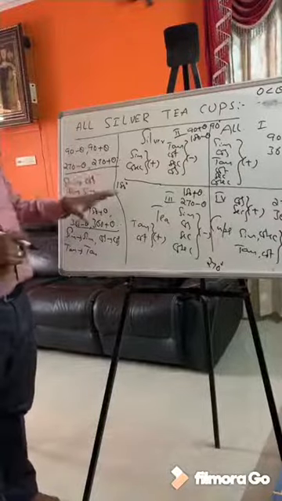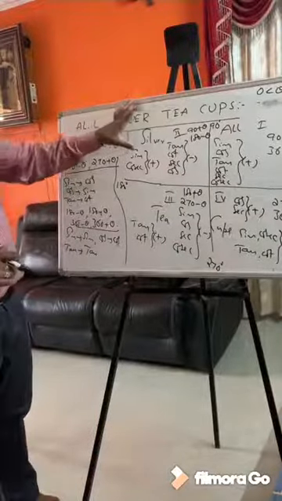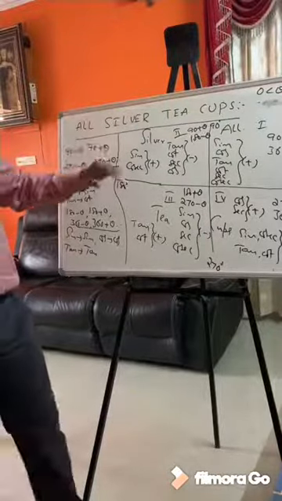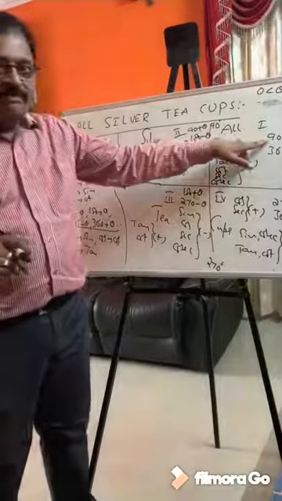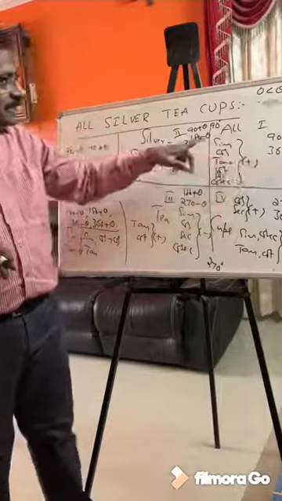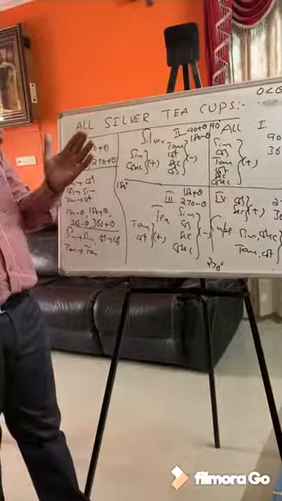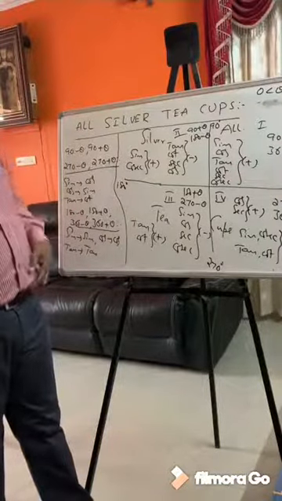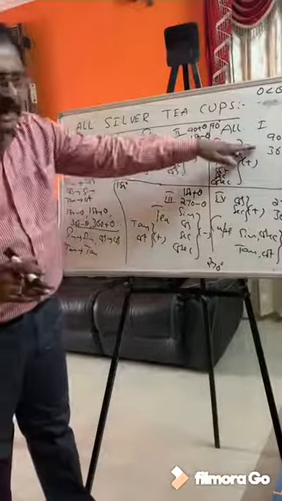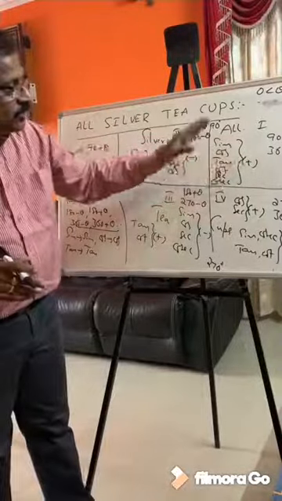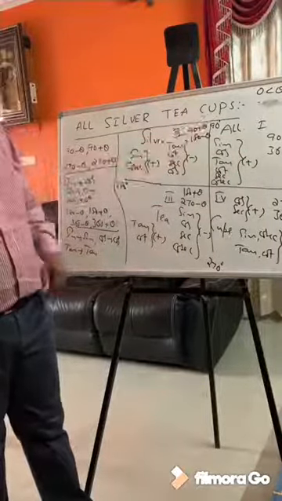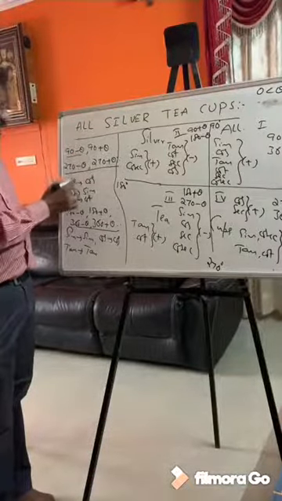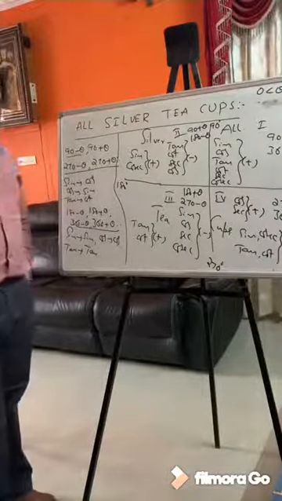So we need to understand here in all silver tea cups table, why we are taking this table. Main motto is we are going to find the values of 90 minus theta, 360 plus theta, 180 minus theta. For example, sin 90 minus theta values we are finding. So 90 minus theta, which quadrant? First quadrant. How is sin? Positive. So sin 90 minus theta is cos theta. Why? Because sin to cos when 90 minus theta. Like this.